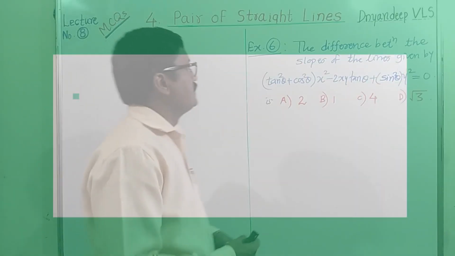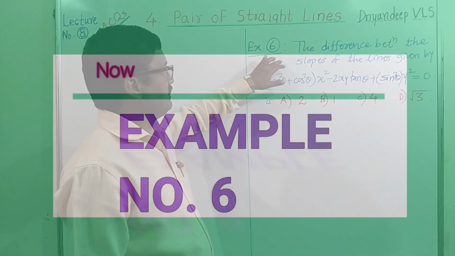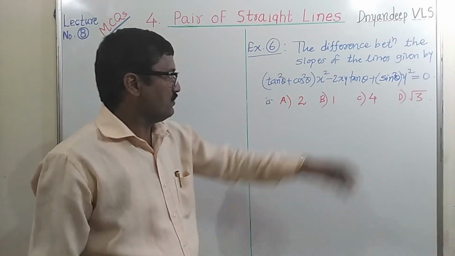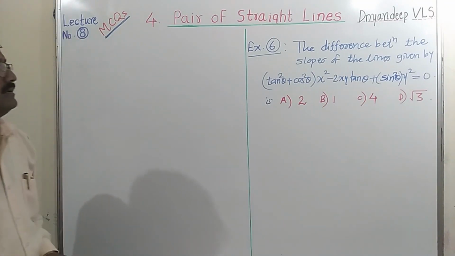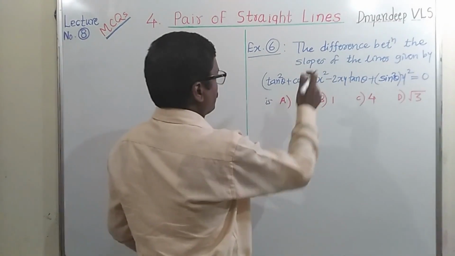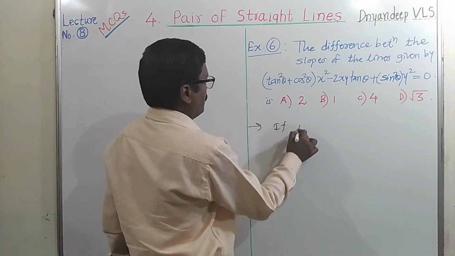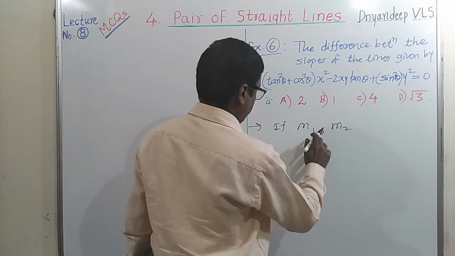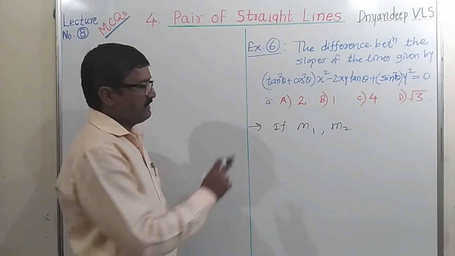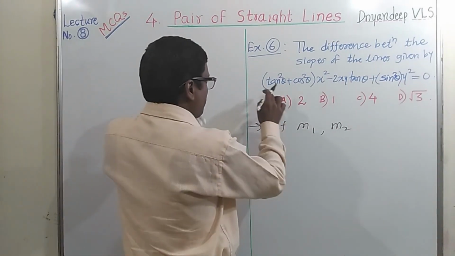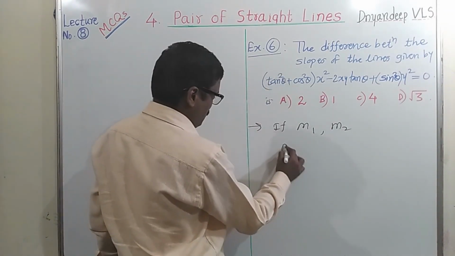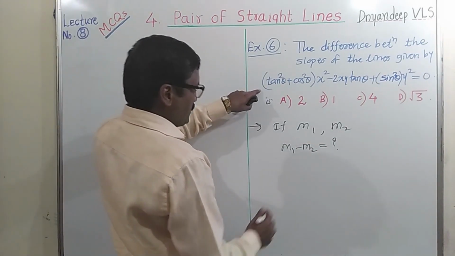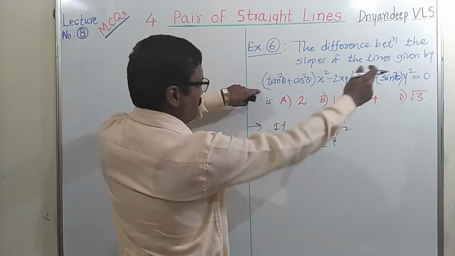Okay, let us see example number 6. The difference between the slopes of the lines given by this is 2, 1, 4 or root 3. We want here the difference between the slopes. If m1 and m2 are the slopes of the two lines, then we want here m1 minus m2. It is asked here. But comparing this equation with ax^2 + 2hxy + by^2, we get a